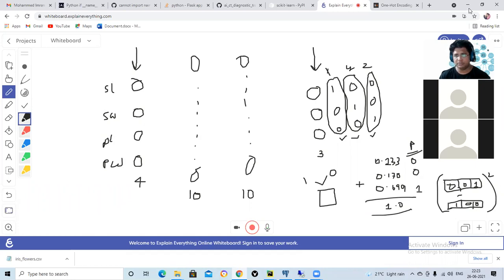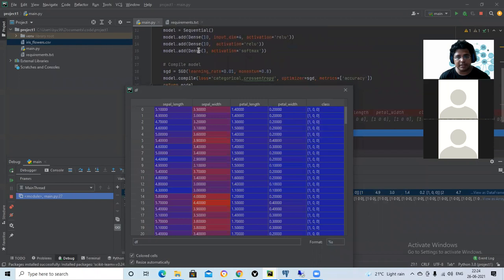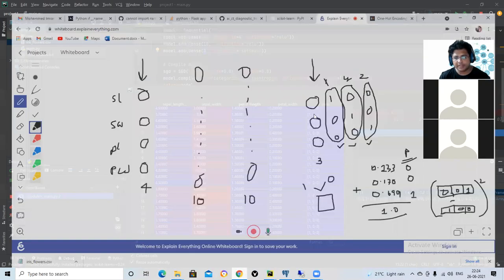So Vishwa, one quick question. Why did we change into that array, the class one? Normally, it should be like a class Iris Setosa, Iris Virginica, and the third one, right? What is the benefit of combining them into this one? See, what is the shape of my model here? 3. What will I get here? What does softmax function do?